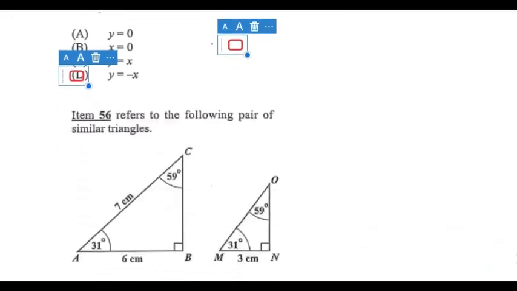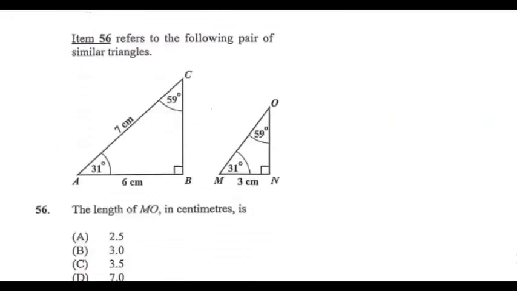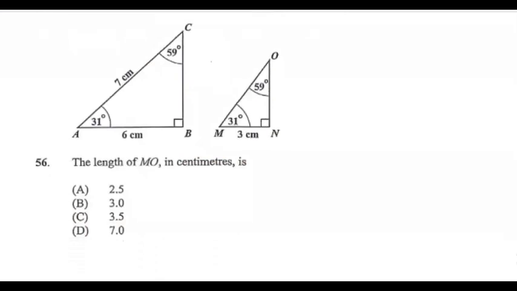And moving nicely along, 56 refers to the following pair of similar triangles. They're similar. The length of MO in centimeters is asked. As you can see, the angles remain the same, 59 degrees and 31 degrees. So the triangle was just shrunk, halved, whichever way you want to look at it. MN is now 3 centimeters, and before this length was 6 centimeters, which means that the length of MO, which corresponds to AC, is now 3.5